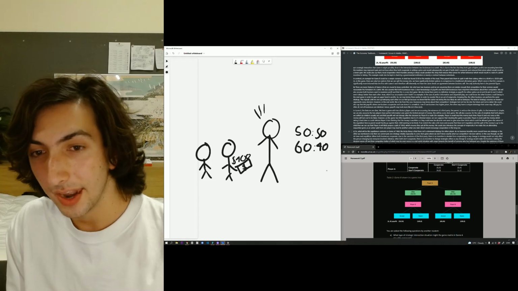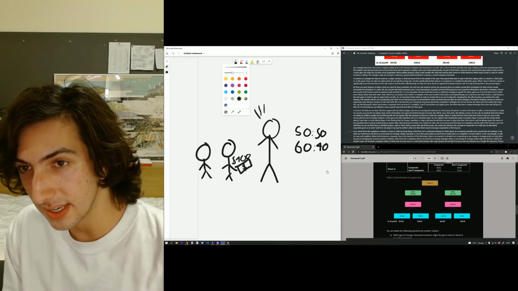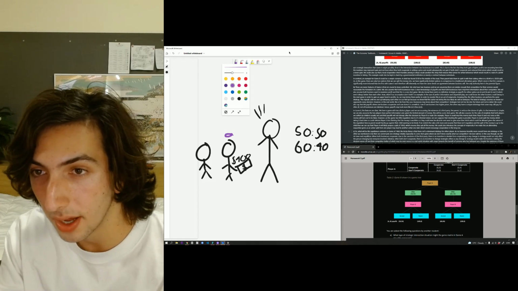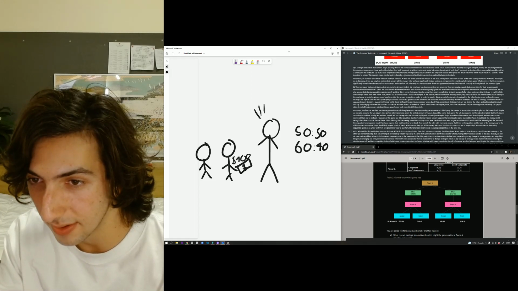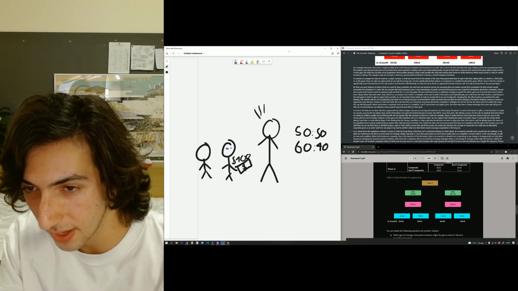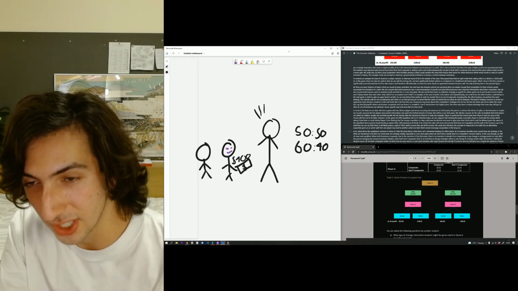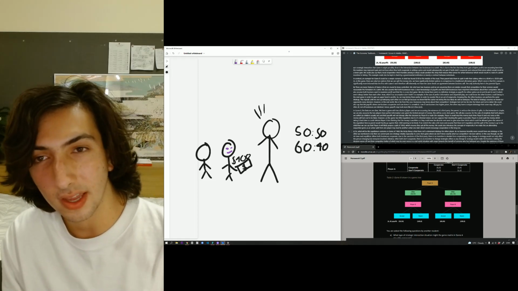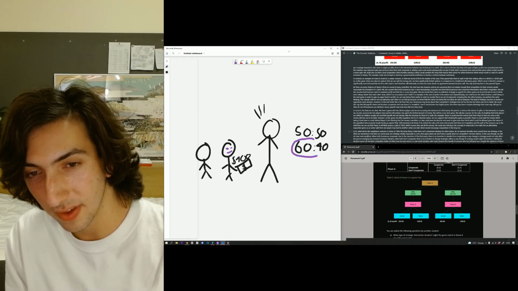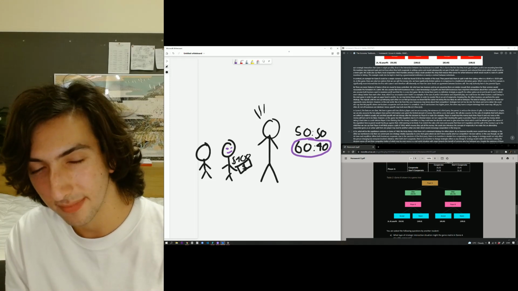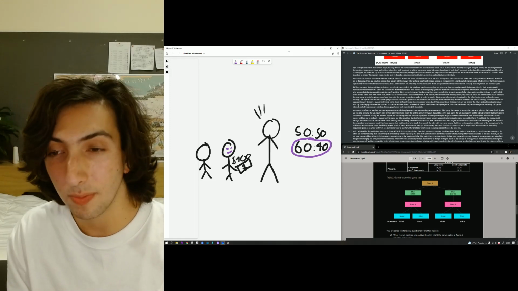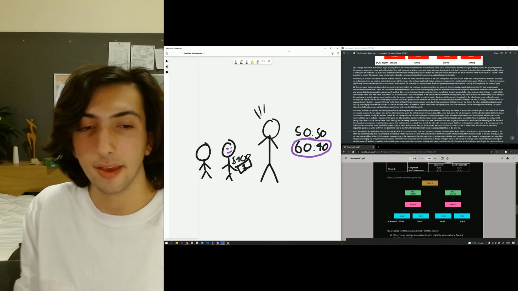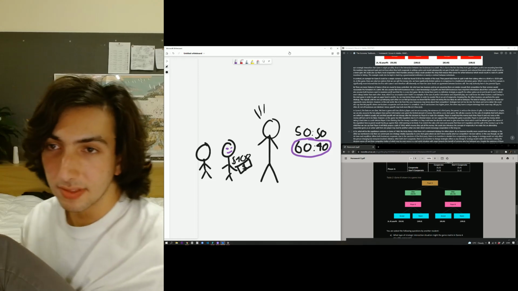Now, which of these offers is this child going to choose? This child over here, I'm going to give them a purple face, the child that looks like it's put on a little too much makeup. Which of these offers are they going to choose? Well, this offer here gives them the best deal, right? So, logically, it would be better for them to pick 60-40 over 50-50 because they get a bit more of the money.